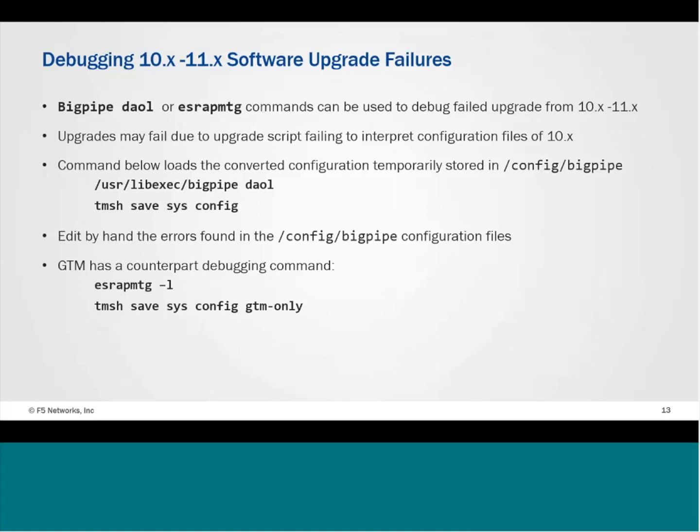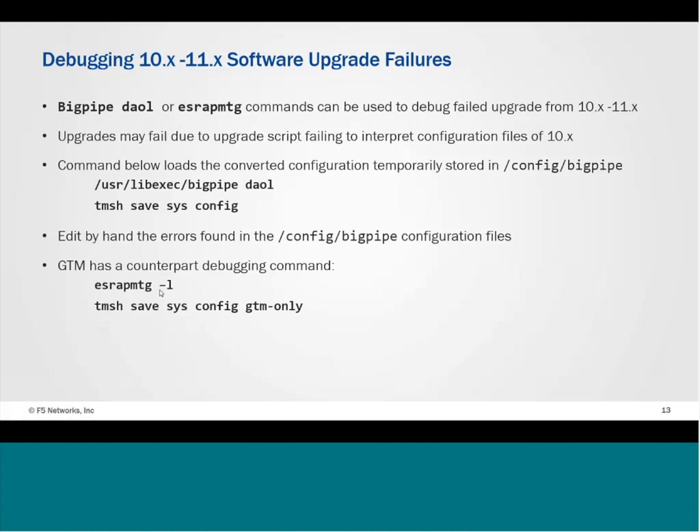In version 10, you had several files: the region file, the bigip_gtm configuration had a separate file, and then the topology had a separate file. These files were all merged into the bigip_gtm.conf file in GTM. So the conversion or merging of these individual files in version 10 into the GTM.conf file in version 11 could fail. And the reverse of the gtm_pass command, the srap_mtg, which is actually the reverse of gtm_pass, would help to validate errors